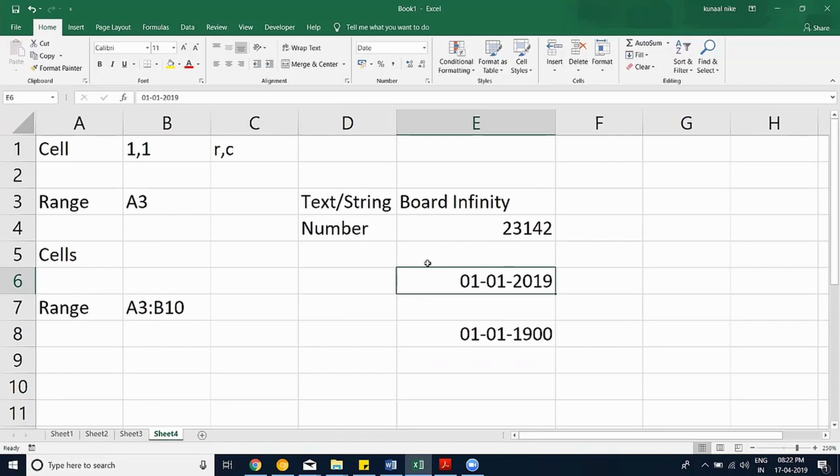Now that I've introduced you to the Excel platform, sheets, and then cells, right? Now it's time for me to introduce the ribbon. Now what this ribbon does is